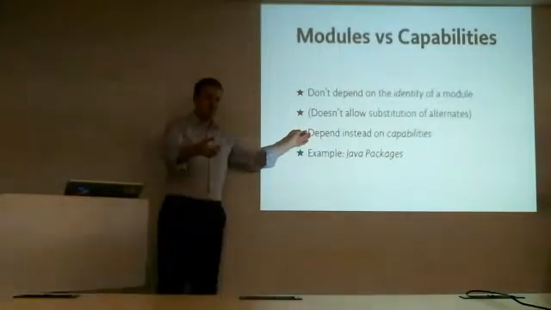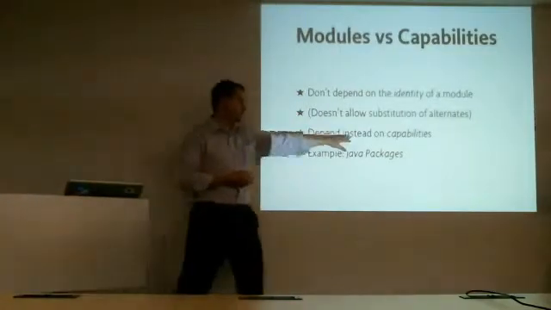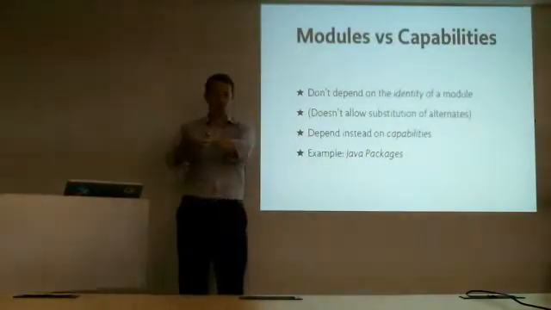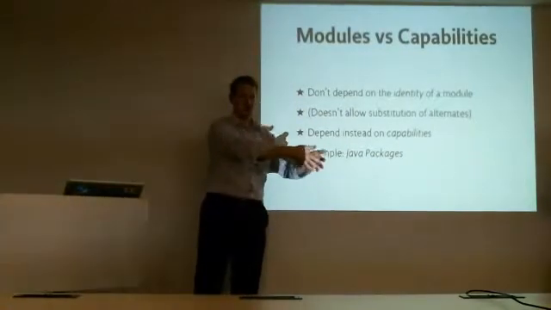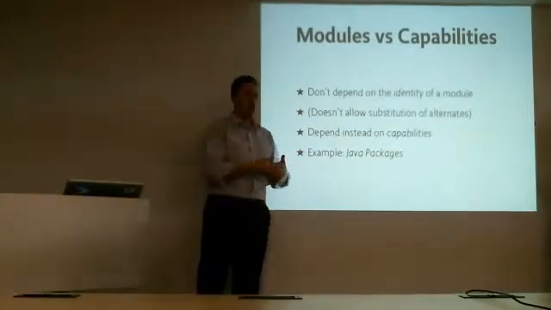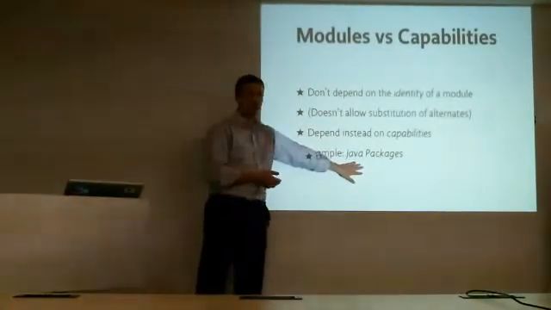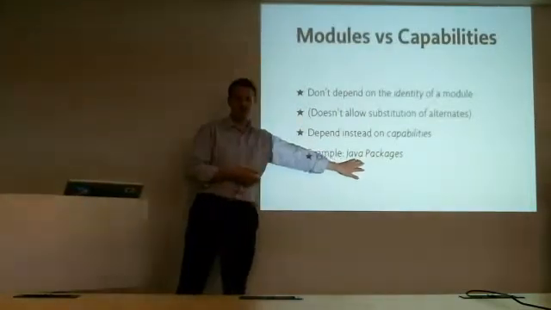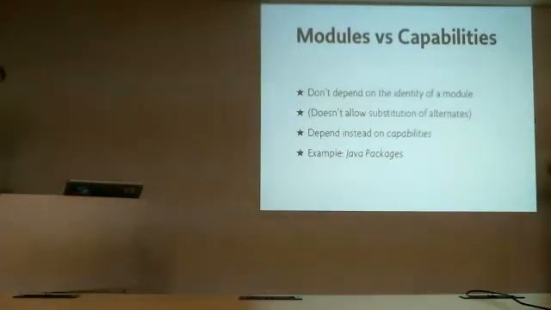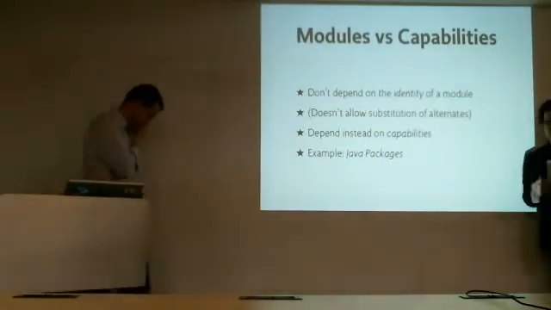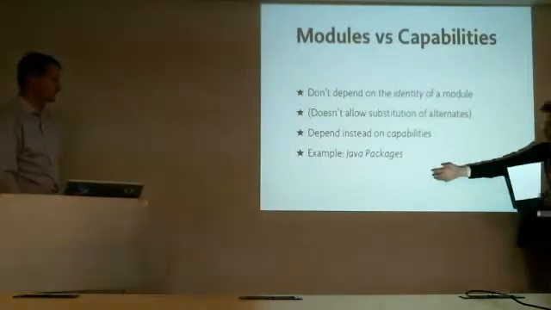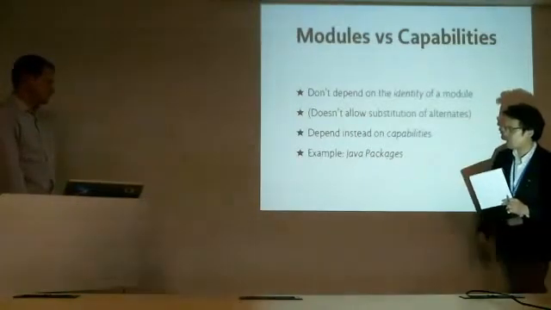So instead of the identity or the name of a module, I want to depend on capabilities. The idea of a capability is what the module can do, not who that module is, not the identity of the module, but what the module can provide. An example of one thing that the module can provide is a Java package or multiple Java packages. その代わりに、モジュールの名前に依存するんじゃなくて、モジュールができること、モジュールの機能に対して依存したい。その具体的な例は Java パッケージです。Could you explain